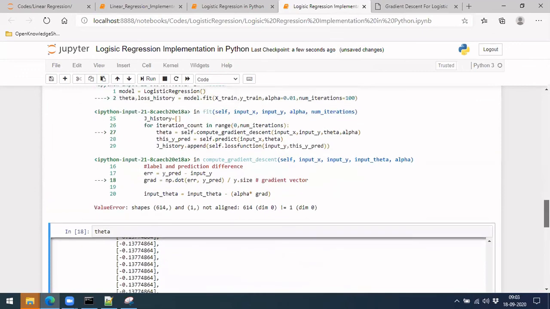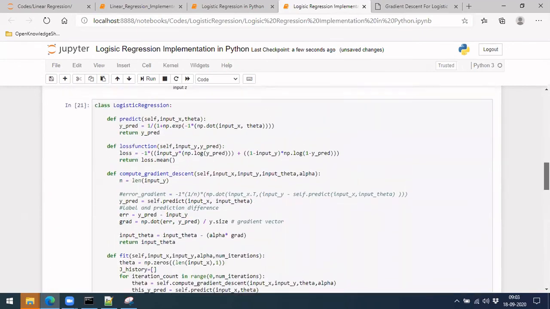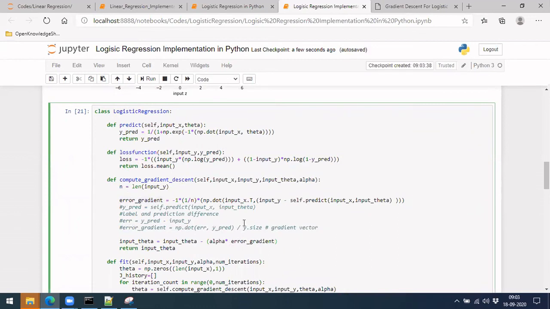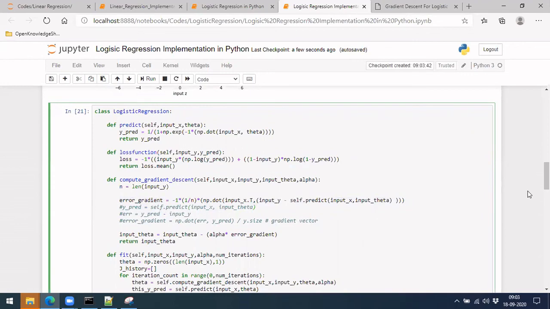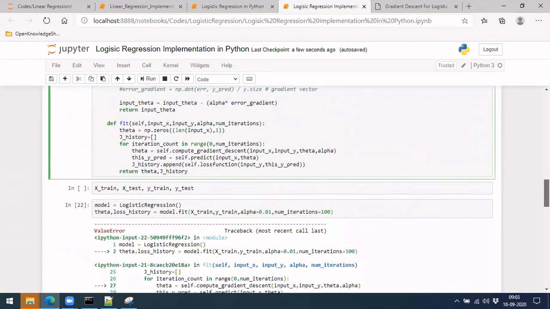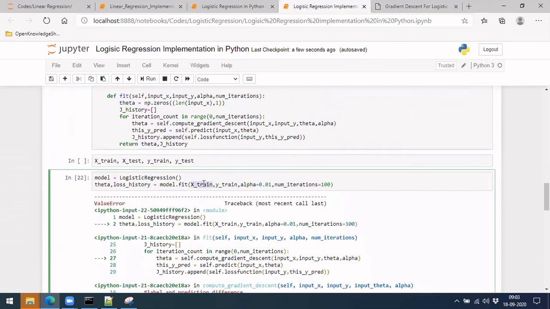Okay, now the actual problem starts. Let me leave it there and use the previous one. I think the problem I mentioned, where we made some mistake, may be the issue. Let me go there instead of this. In case it is required, we'll come back to this. So what should the issue be? It is this X train and Y train.